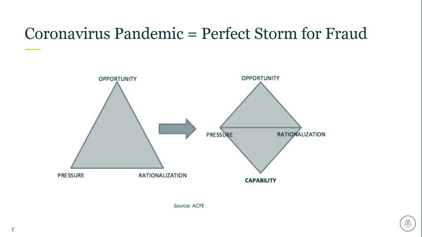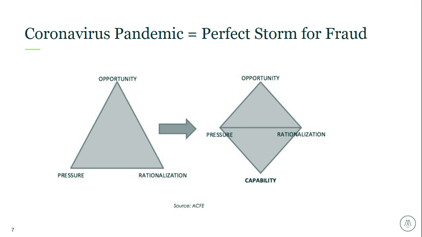So there are a number of reasons fraud happens during recessions and times of economic instability. A large factor is the increased pressure organizations or municipalities and their employees feel as they struggle to meet the challenges of a down economy. So, for example, struggling organizations can face pressure to falsify their financials in order to meet budget pressures or maybe secure debt. Pressure from an economic crisis also affects an organization's individual employees and can make the organization itself a target. The most commonly accepted model for explaining fraud in the workplace is the fraud triangle that you see here on the slide, which has also morphed into the fraud diamond over recent years.